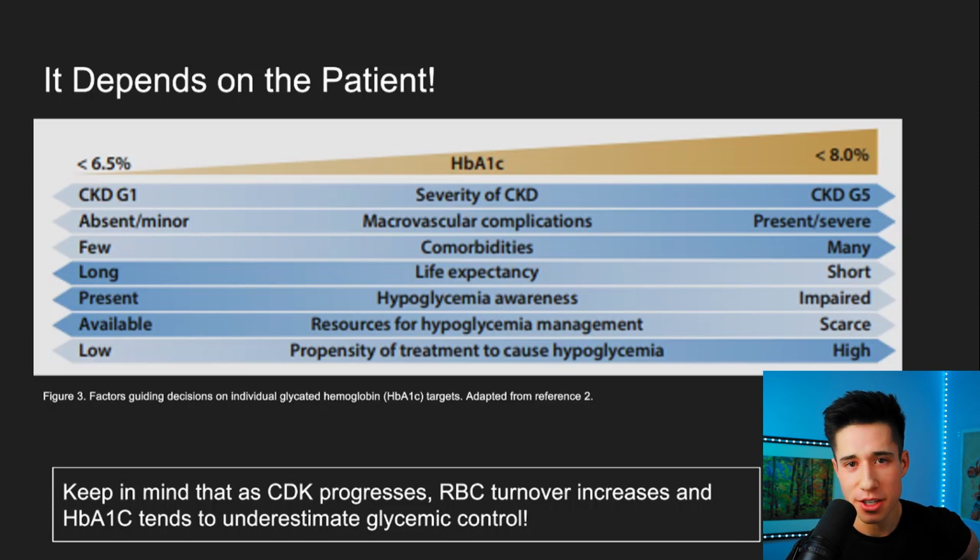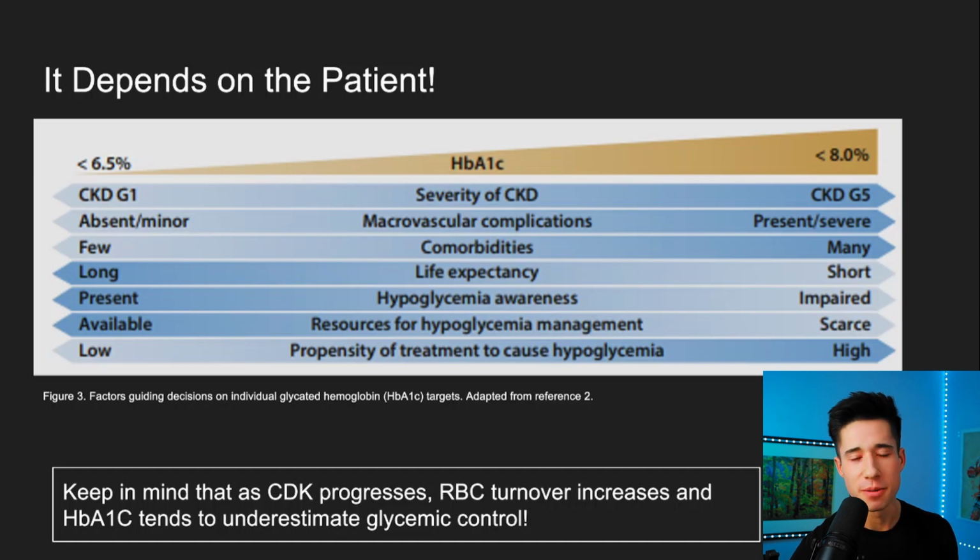If you have a younger patient, someone who has a longer life expectancy, who's able to manage their own medications, who is able to recognize whether or not they are experiencing hypoglycemia, you could tighten up that glycemic control. That type of patient is probably going to benefit from having a tighter glycemic control, so like A1c less than